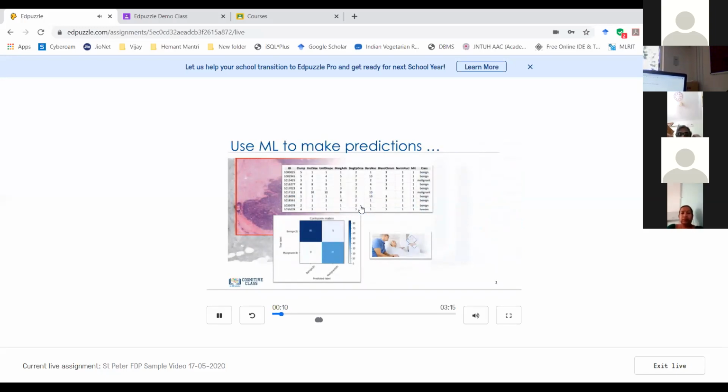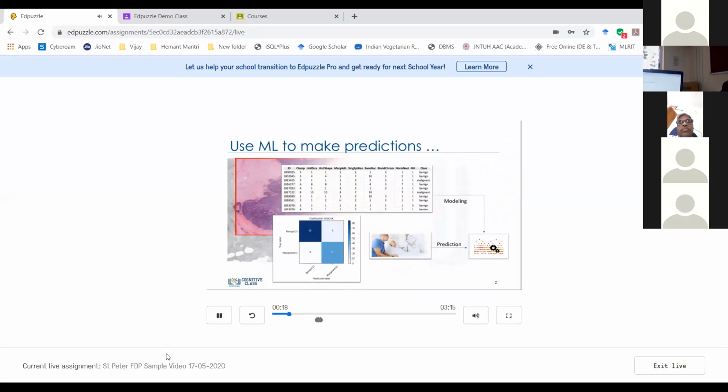Presently I have not attached it to the projector screen so it's not going to show him, but it is going to show him here. So I'll come to know how many students are live and how many are watching.